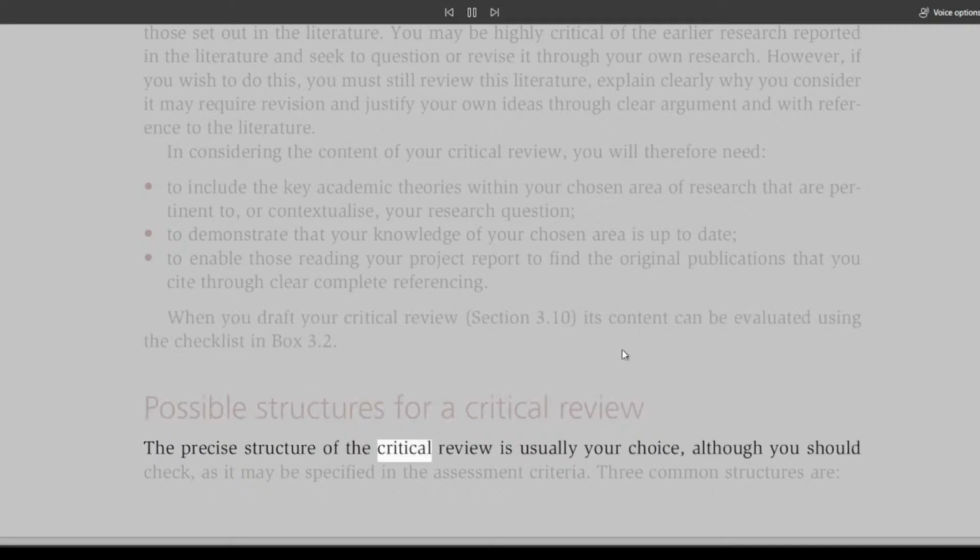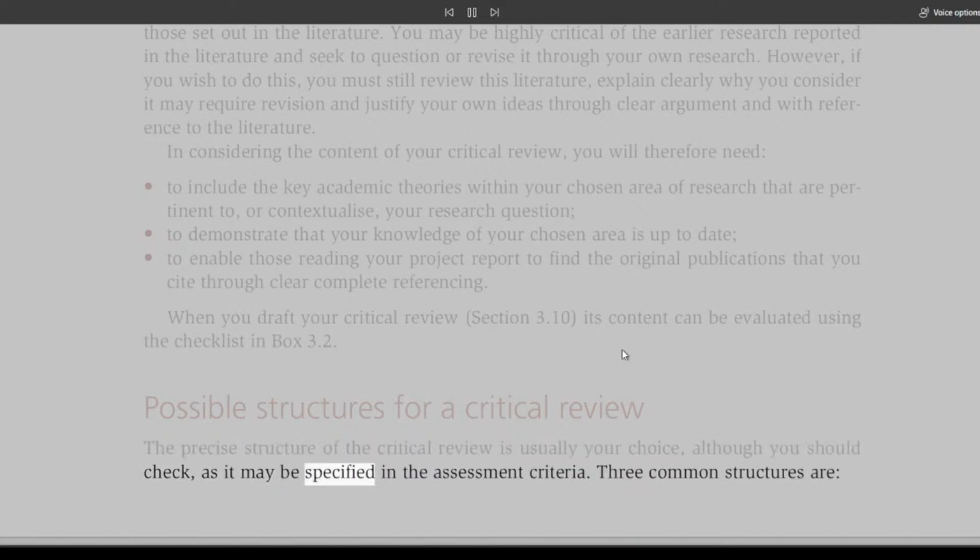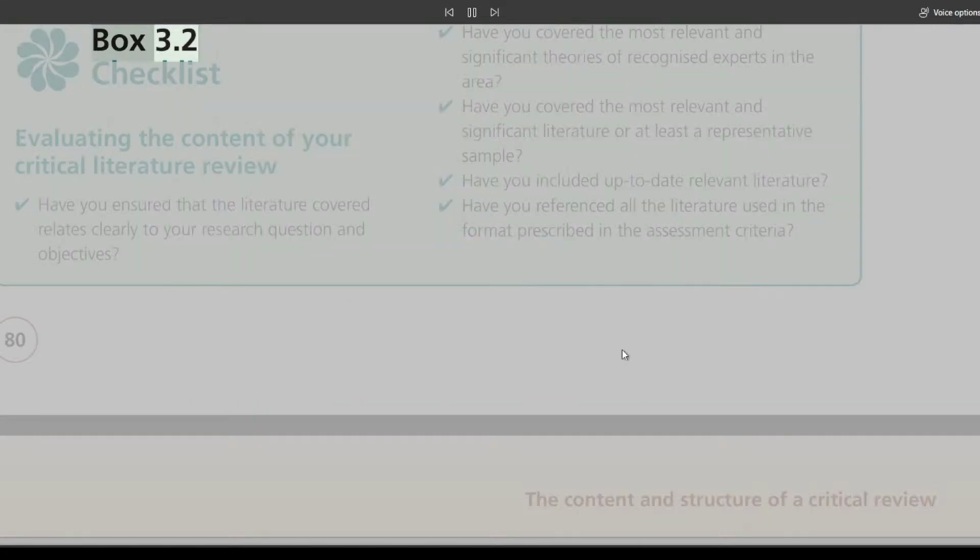The precise structure of the critical review is usually your choice, although you should check, as it may be specified in the assessment criteria. Three common structures are: